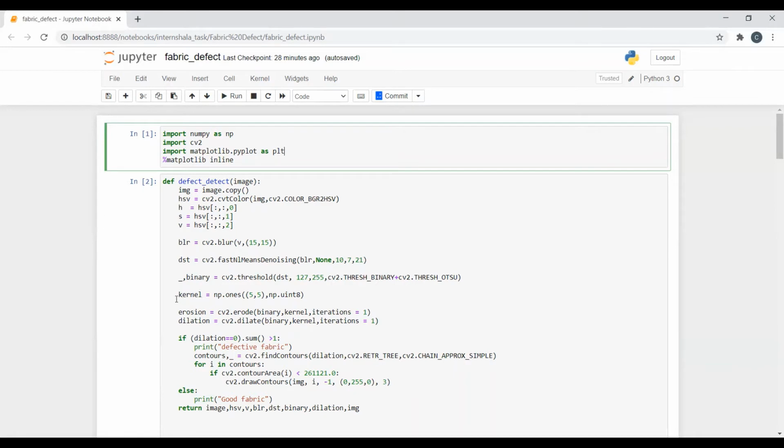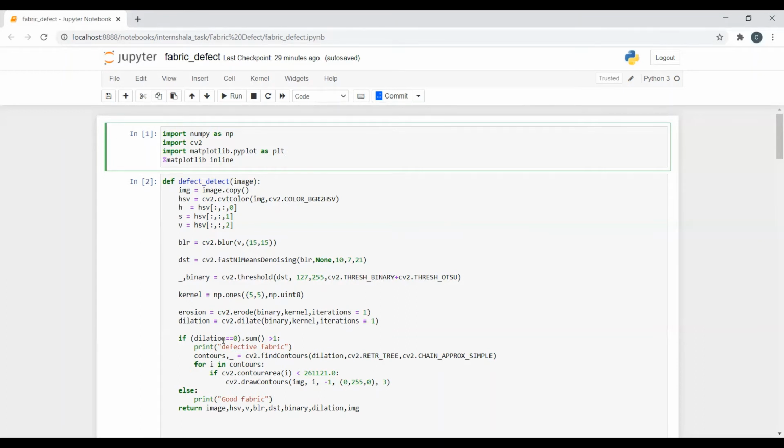For that, I'm using a kernel of size 5 by 5, and then I'm doing erosion and dilation of this binary image. And then I'm counting the black pixels of the dilation image.